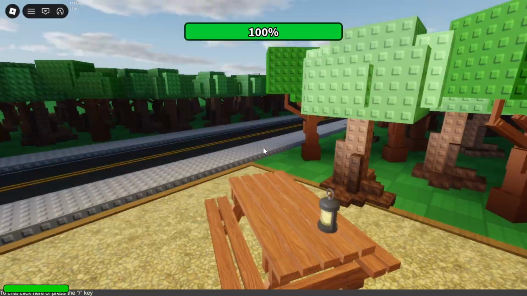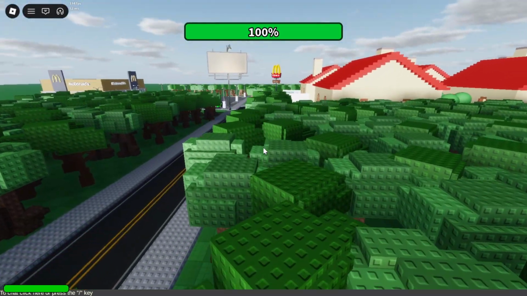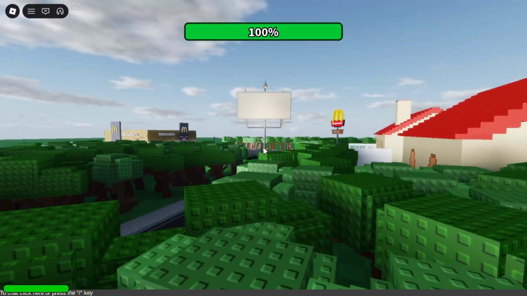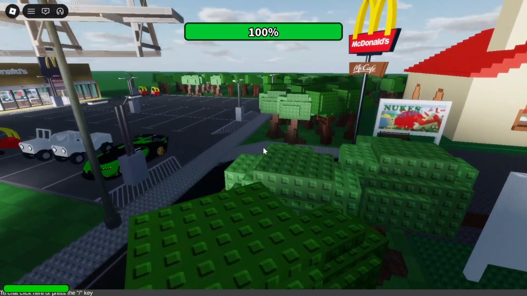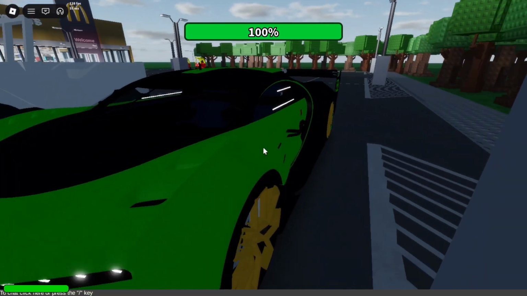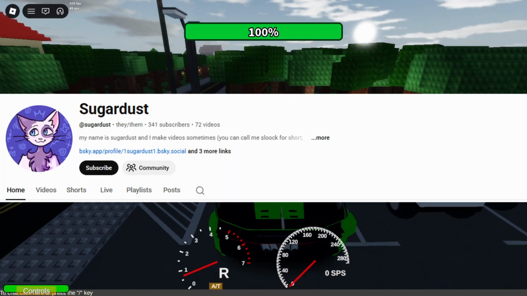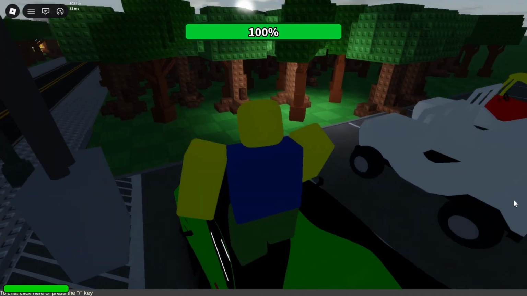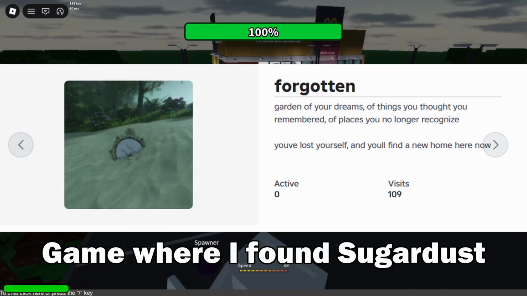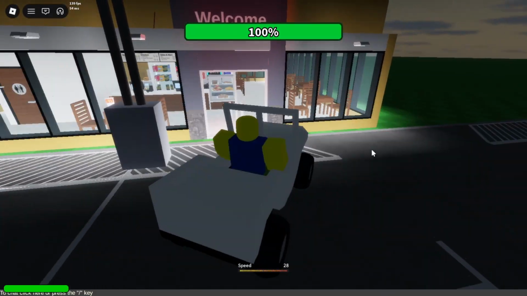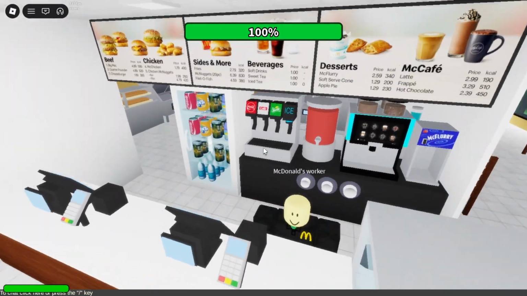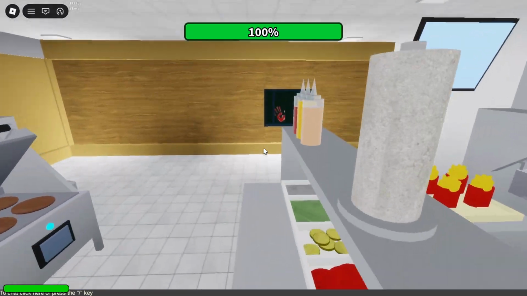Okay, so, I remember doing a word search once, and I found multiple YouTubers. First, that guy who was in the military. Then I found another person named Sugar Dust. And I found some other person making gacha life videos. I don't know. You find the weirdest selection of people just doing these word searches.